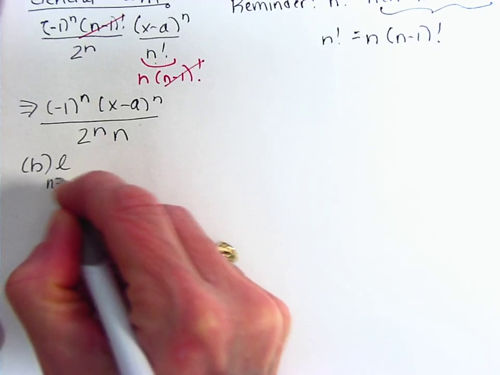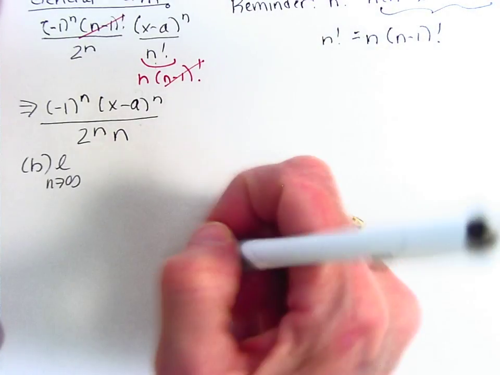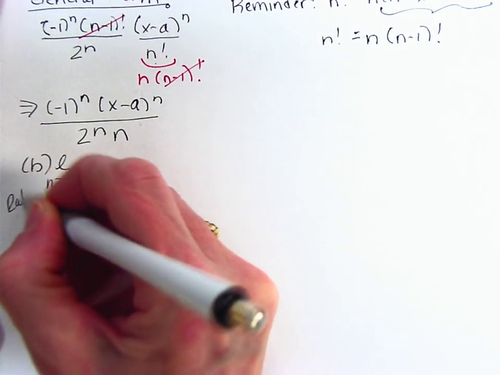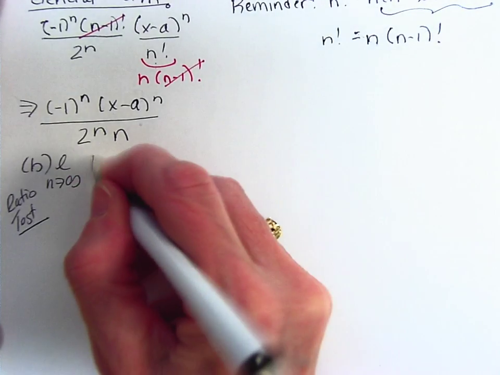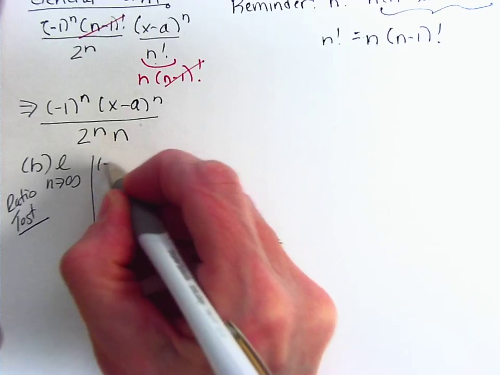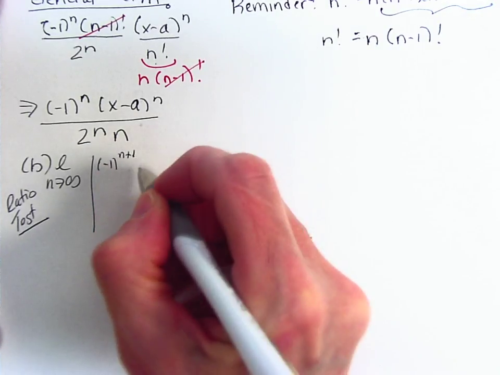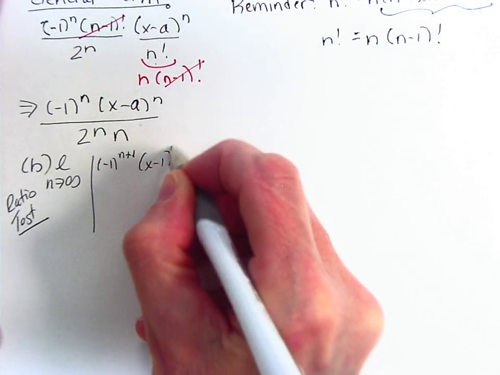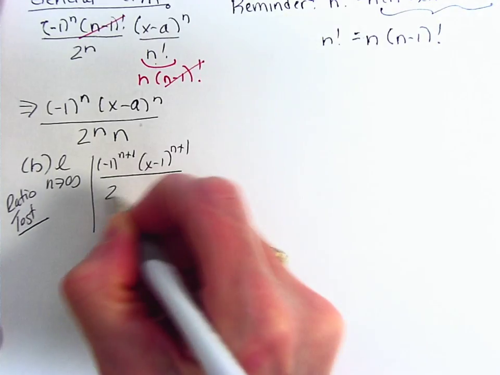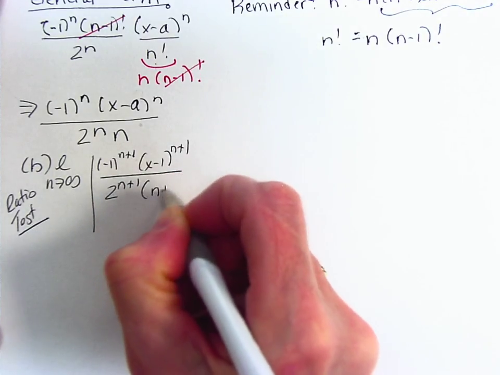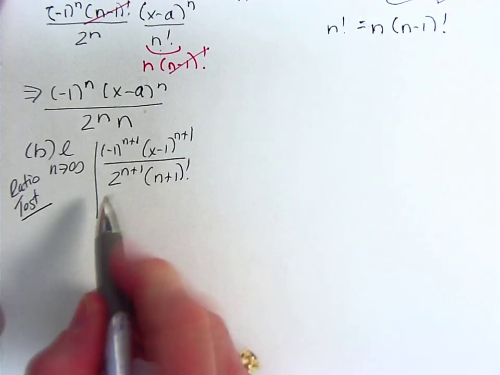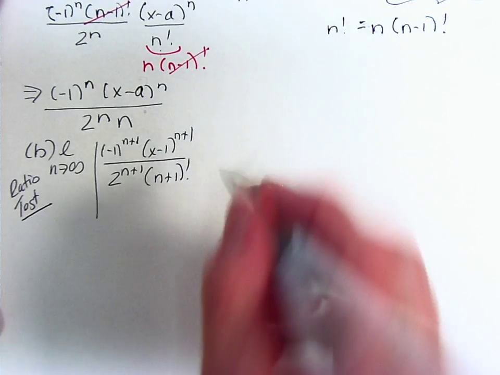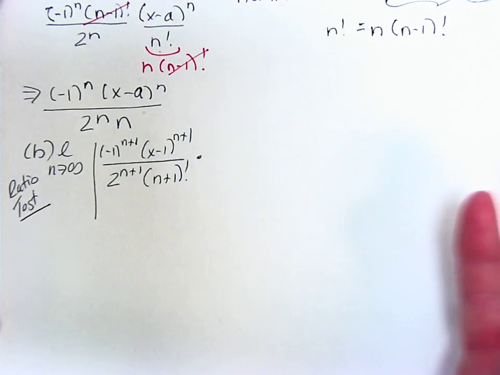Okay, so intervals of convergence usually come from what? The ratio test. So I'm going to quickly run the ratio test. (Minus 1) to the n plus 1, (x minus 1) to the n plus 1, over 2 to the n plus 1, (n plus 1) squared. Now normally I would write out the step where I divide by a sub n, but I'm just going to go ahead and move to the next step where we